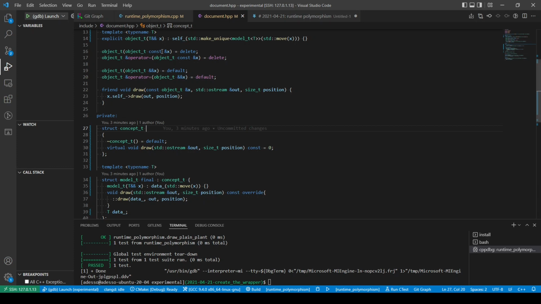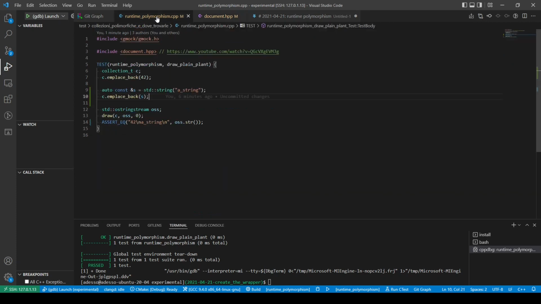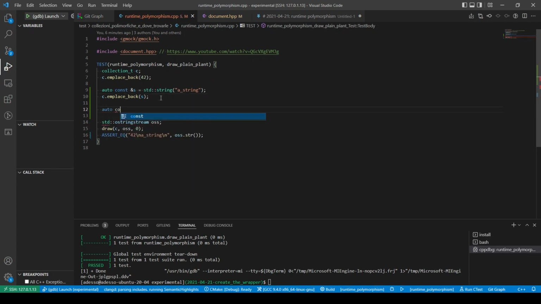Obviously, if you are writing another library, you can also add your std::variant at compile time, sorry. But in this case, that's really good because I feel, that's my feeling, that it is really good because if you want to add, for example,